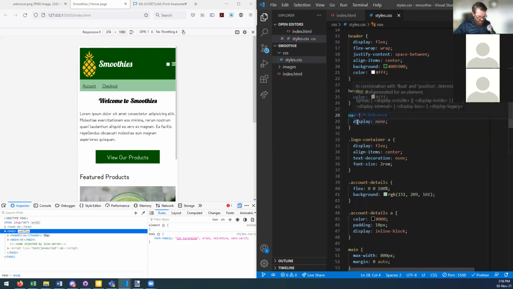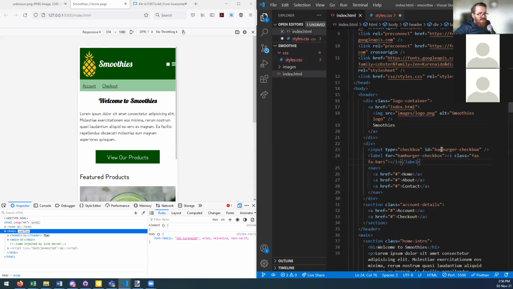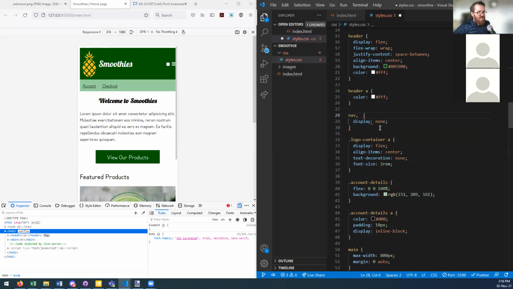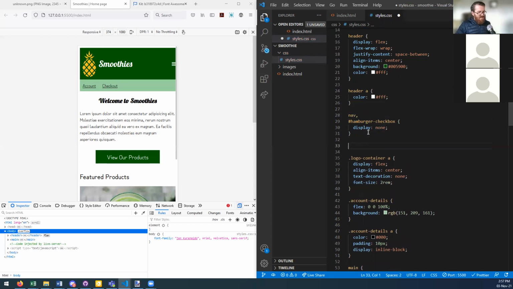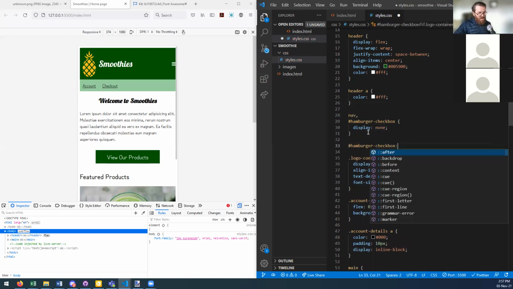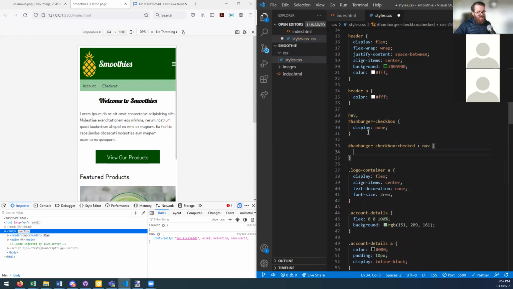I also don't want the, what's the ID of it? Hamburger-checkbox. I want the hamburger checkbox to not display either. And then I'll say that when the hamburger checkbox is checked, the nav should be set to display